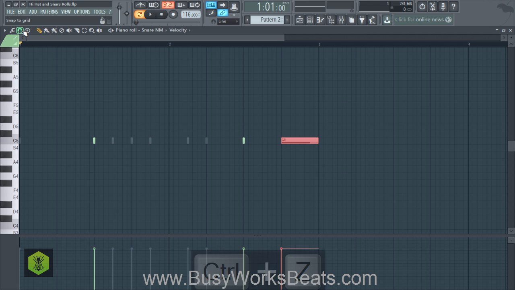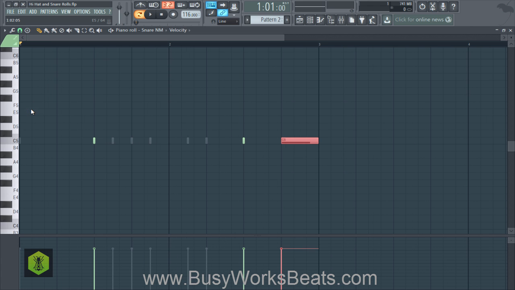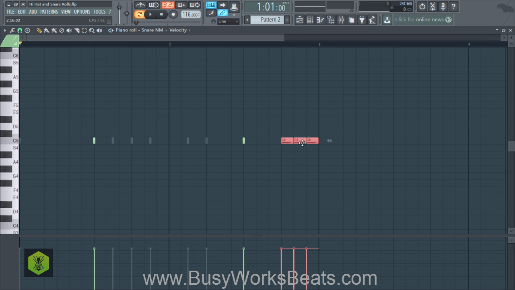And again, the last option, remember it went t-t-t-t-t-t. So now we're on the t-t-t-t-t, which are triplet notes. 1, 2, 3, 1, 2, 3. So let's change our snap to grid to a 3rd beat. And now let's hit Control U, and it's going to create the 1, 2, 3 sound. And this is what you hear in a lot of Southern hip hop. They use this contrast between triplets and quarter notes to give it a different rhythm. It kind of gets your ear ready for a different rhythm, but then you get back into the regular rhythm, and it's a nice contrast.